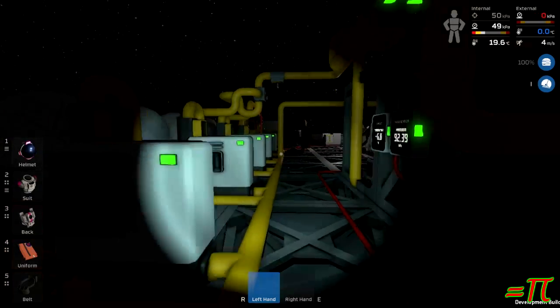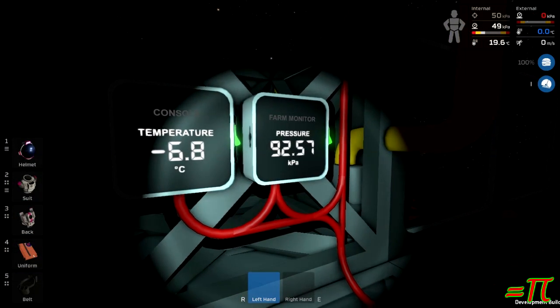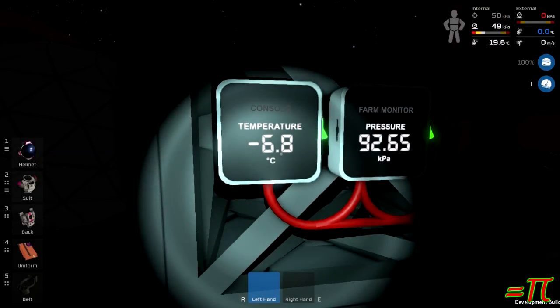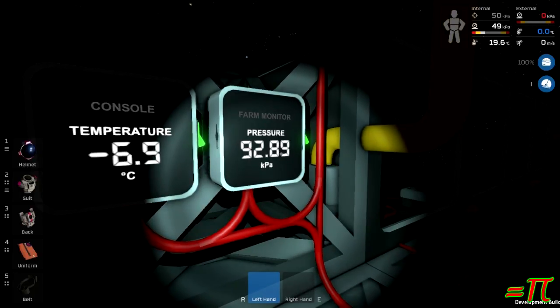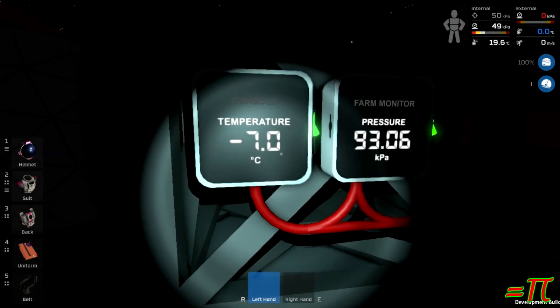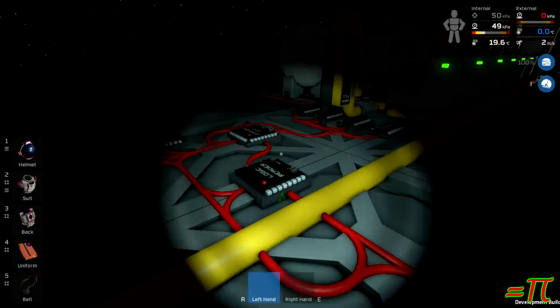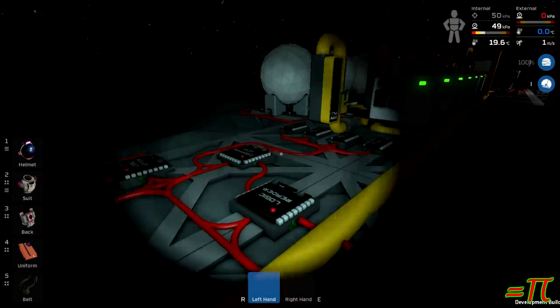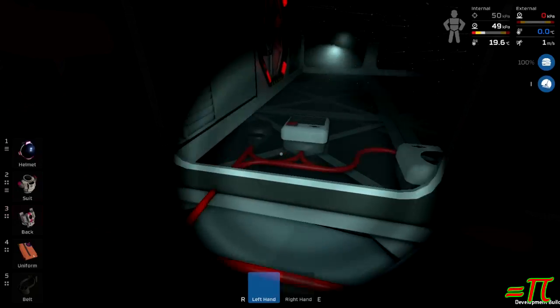I've been working on getting some pressurizing done. I got a couple of monitors here, one to watch the pressure and one to watch the temperature in there. The pressure is almost up to the 101 kPa I need it at, and the temperature still needs work. Toward that end, I had started the very beginnings of some logic circuitry